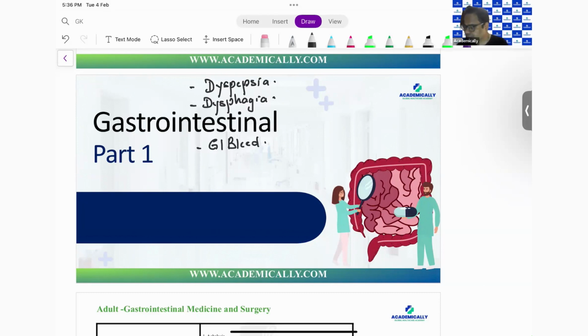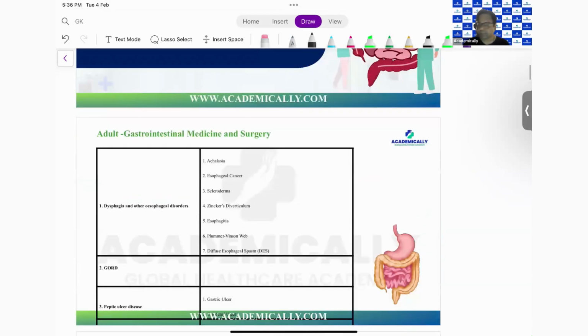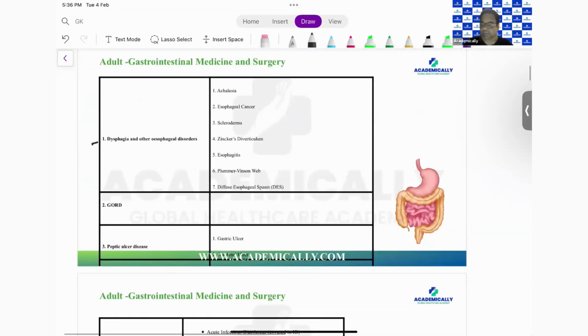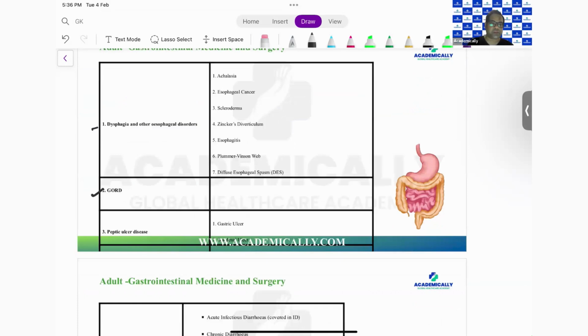Now, when we look at the various disorders, we'll be seeing dysphagia, dyspepsia, as we said. We'll be seeing an important disorder which we see very often clinically, and that is known as GERD or GORD, that is gastroesophageal reflux disease. All right. And something called as hiatus hernia. So if you spell esophagus with an O, you call it GORD. If you spell the esophagus with E, you call it GERD.